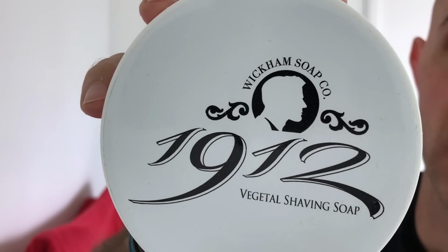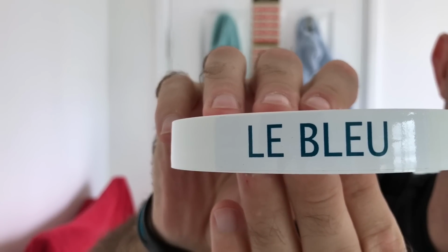So the soap for today, I'm sticking with Wickham for the next, what will be the next 5 shaves, including this one, Bleu. The reason I picked this one is